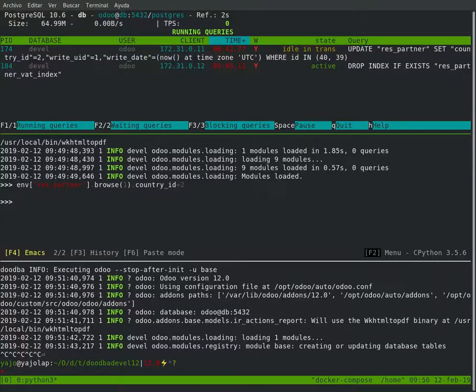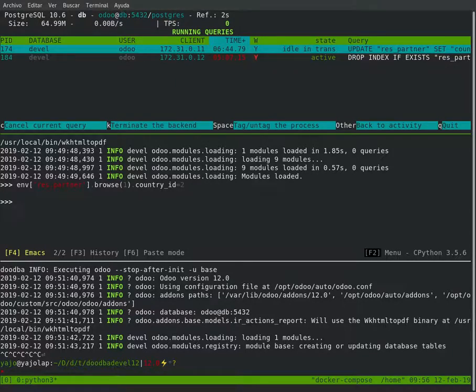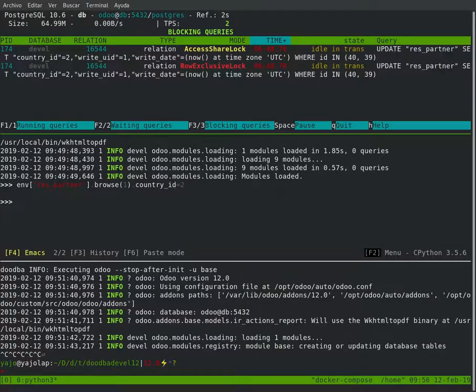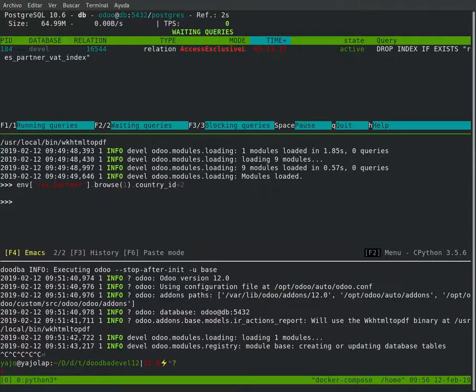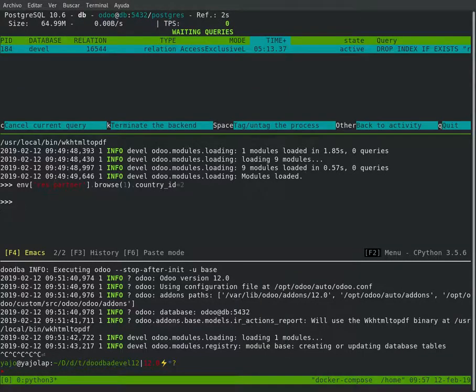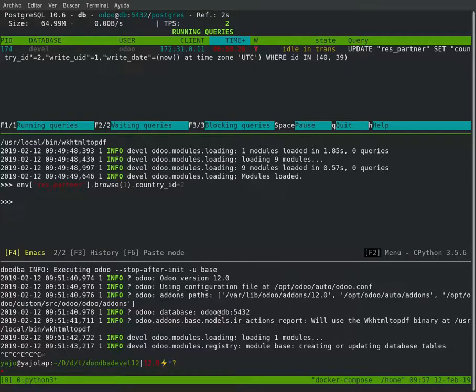So let me just kill it from here. Let me see, blocking, no, waiting query, this one, and then just kill it. Okay, so we have again the same query that we are launching from the Windows menu. Fine. Okay, so after all of this, you can see that I couldn't stop it, I couldn't kill it, both of them became blocked. So let's try with the DB watcher